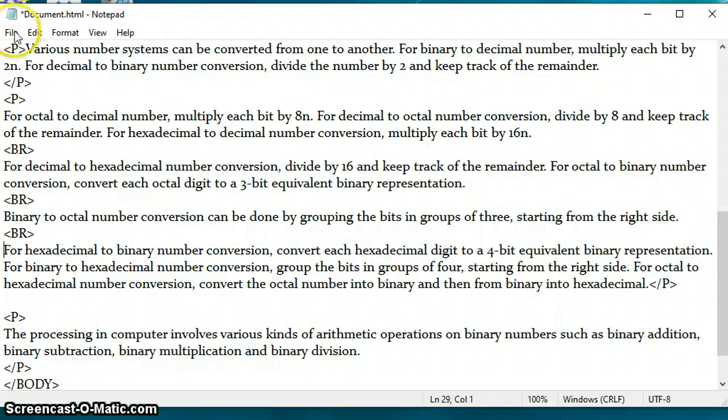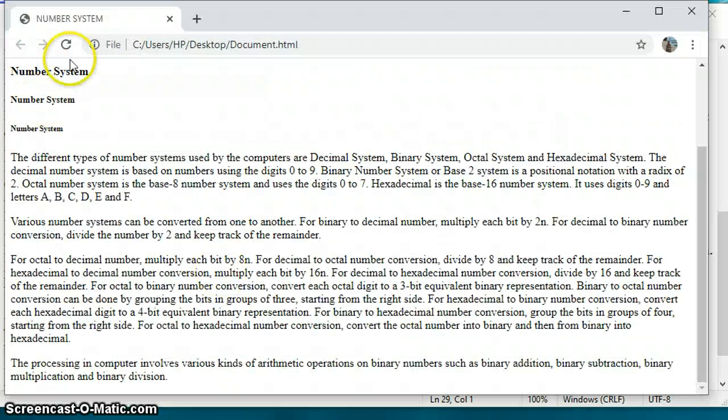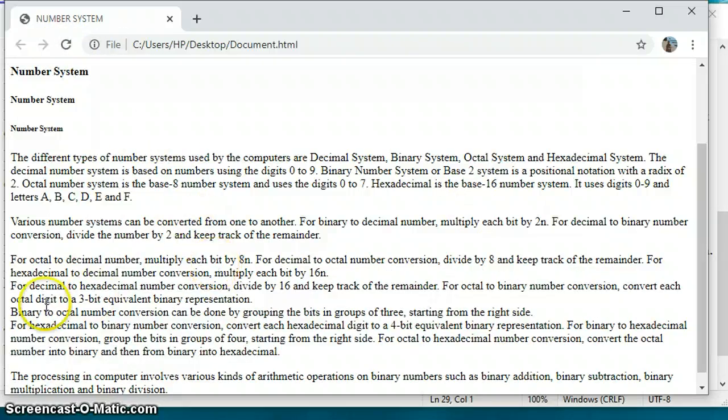So now let us save the file and check. So this is my file. I am refreshing it. Can you see this was the previous file. When I refresh, the changes will automatically appear. I have used here the paragraph tag, so there is a blank line here.